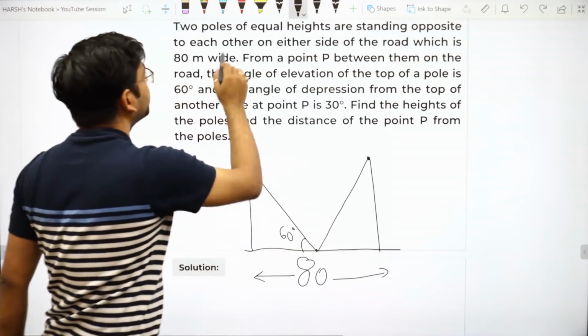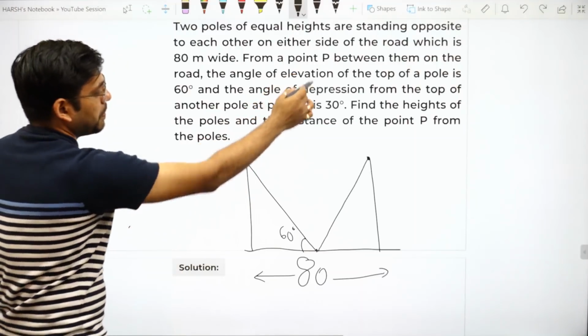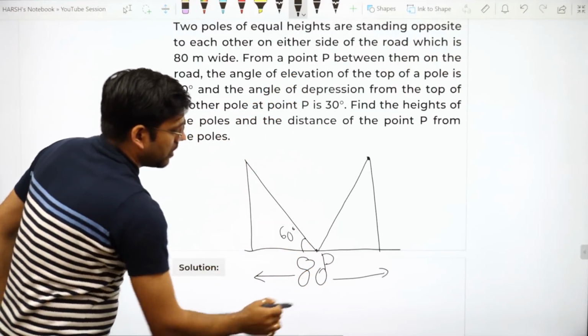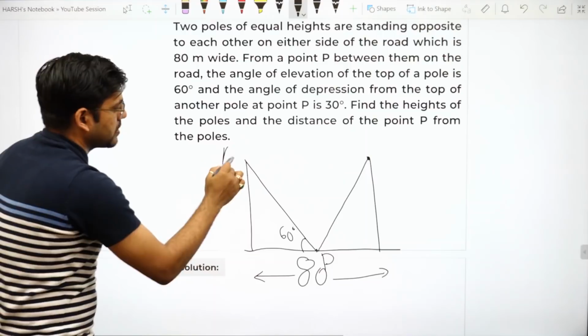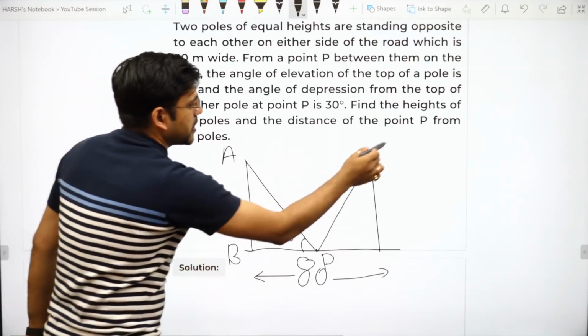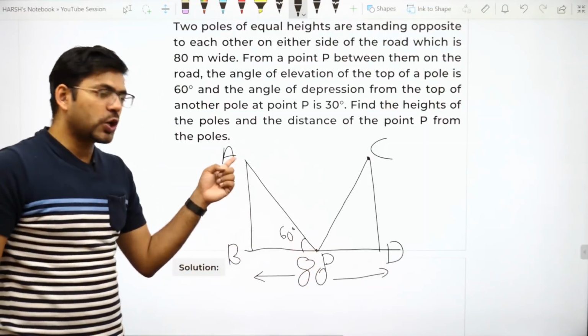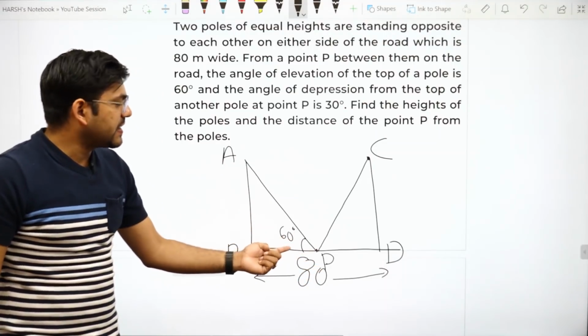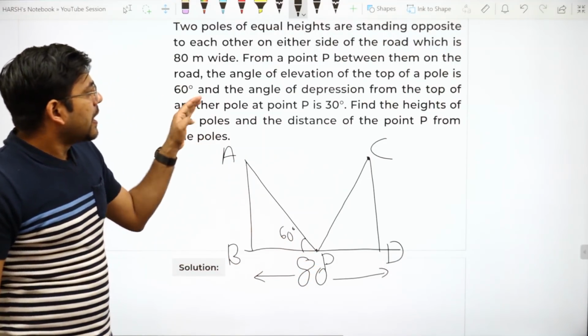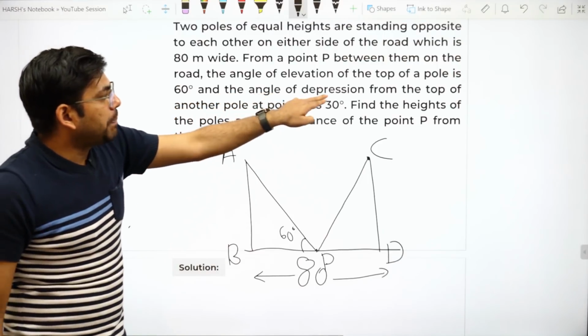This is point P. Let this pole be AB and this pole be CD. Now, this is a point P. From here, the top of the pole, the angle of elevation is 60 degree. And the angle of depression